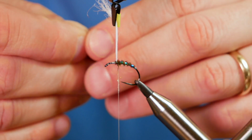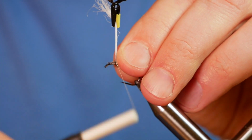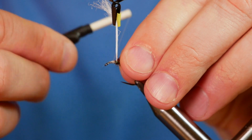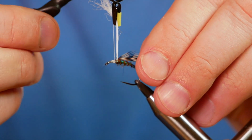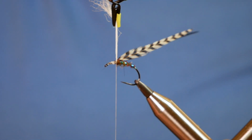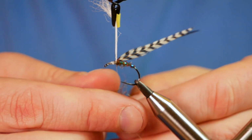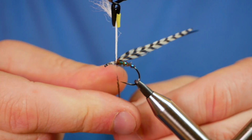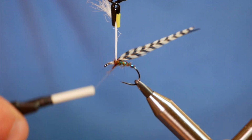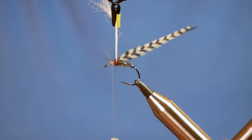Okay, I'm just marrying up my 2 stalks. Gives quite a nice effect when you use 2 different feathers. So I'll bring that up like so. Now I'm going to add the tiniest bit of dubbing just in front of the post now. Not much, just a little bit, just in front of the post, like so. Okay, so I can park my thread there for the moment,